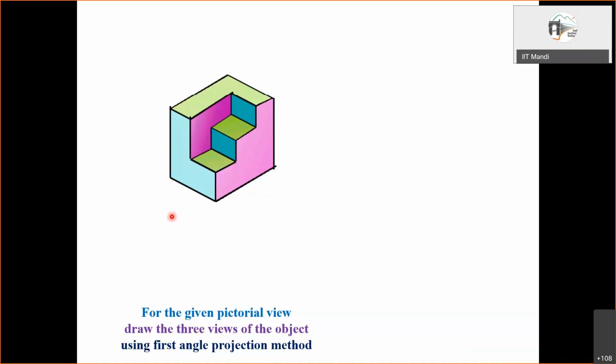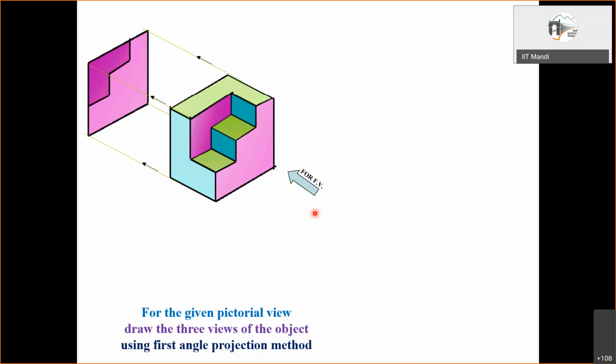But for front view, you will have a choice. You can have front view by looking from this side or by looking from this side. So for this case, best possible choice is to have front view from here. Okay. Usually we should try to identify the front view which will be giving us the majority of information for the drawing. Okay. So this is for front view, and the same has been adopted. Will be projected like this. Of course, no drawing as such will be with the colors, but here in particular colors have been used so that we can visualize a little easily.